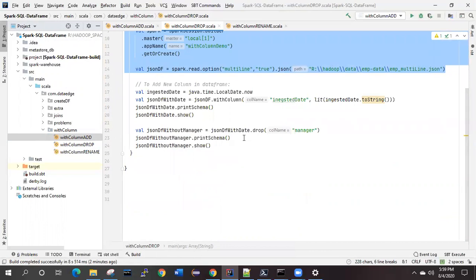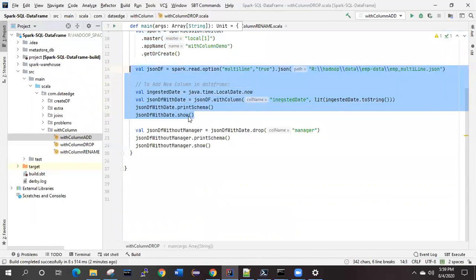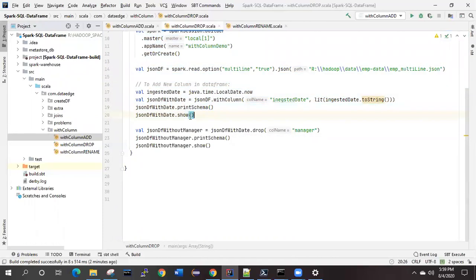I could do it in the same code, but here I have taken one separate application itself, so it will be easy for you. Up to this one we have the ingested date from the previous example. Now we are creating one data frame.